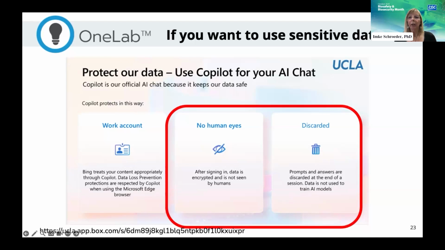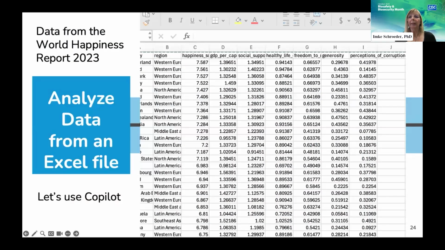So I want to now show you how you can analyze data from an Excel file using a chatbot. And this could be a survey or could be sensitive incident data. And for this demonstration purpose, I'm using publicly available data that I downloaded as a CSV file from the internet.